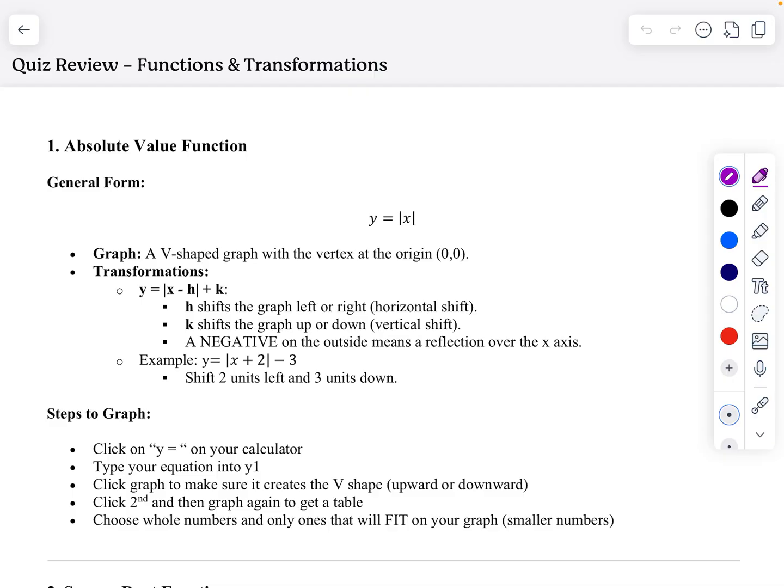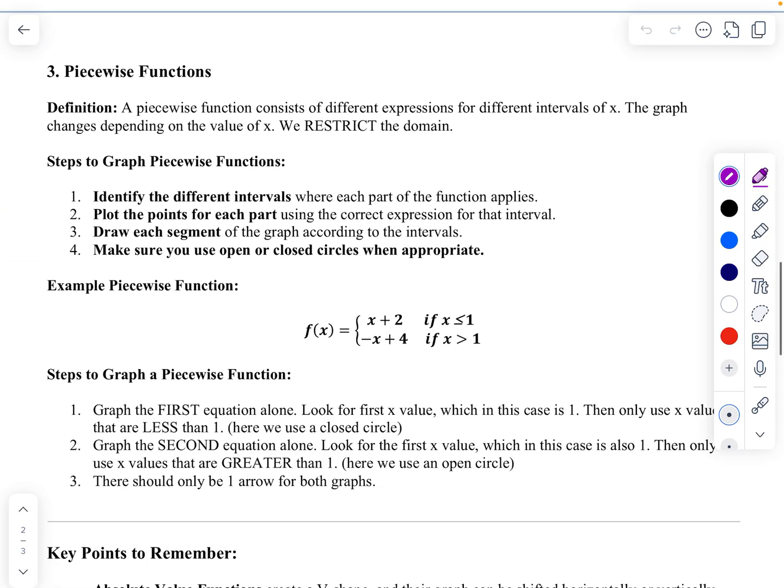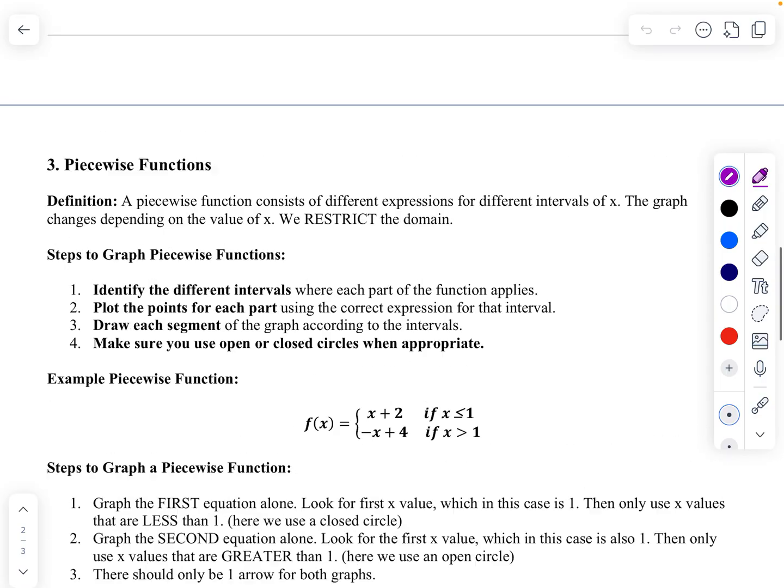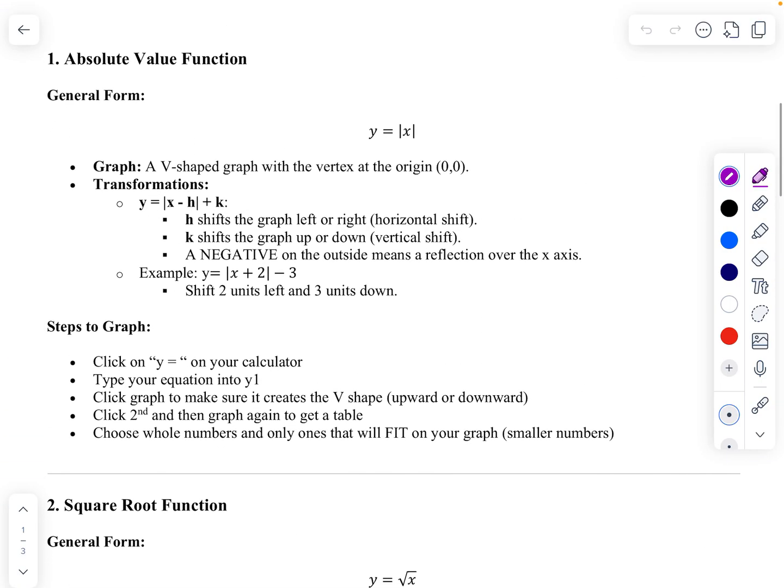So what I'm going to go over with you guys is the three types of functions that I've briefly covered over the last week. We have absolute value, we have square root function, and the last one we worked on was piecewise. So I'm just going to go over this as like a study guide. So on these first two sheets, there is no actual math involved. I'm just going to be reading and highlighting some important key information that you need to know about each of